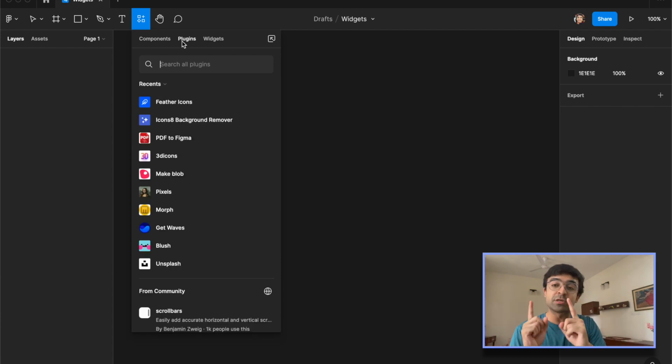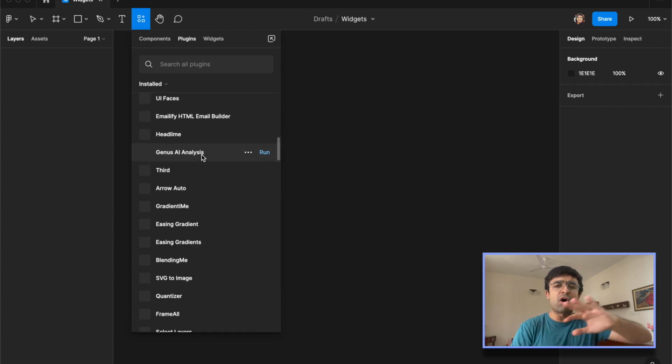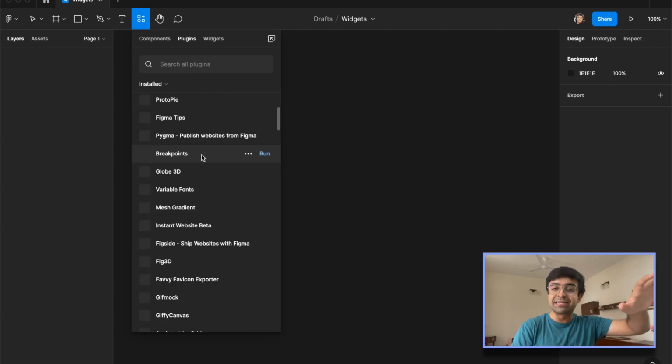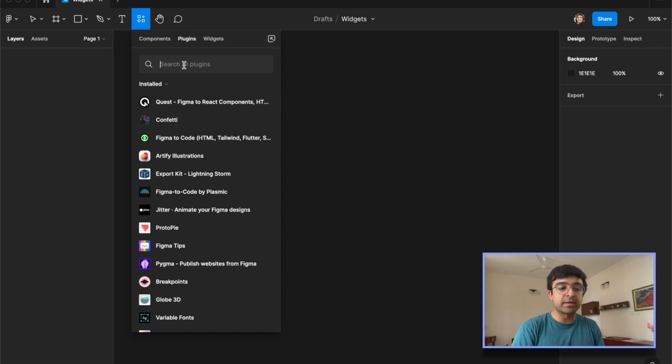The next one is going to change the way you use as well as install new plugins. So right here, you will get a recents plugin panel, and under that you'll find all the ones that you've used recently, and you can run them from here. Apart from that, you can even change it from recents to installed, so you can see all your installed plugins in this nice little carousel. You can even search for whichever ones you like, and you can run them from here. Apart from that, you can even uninstall the ones that you don't want. So if you have way too many plugins, it'll create clutter, so the best thing is to just uninstall it